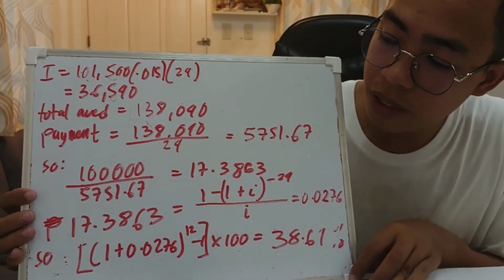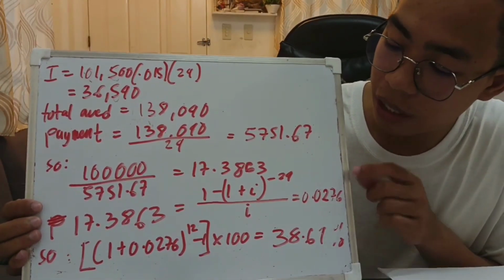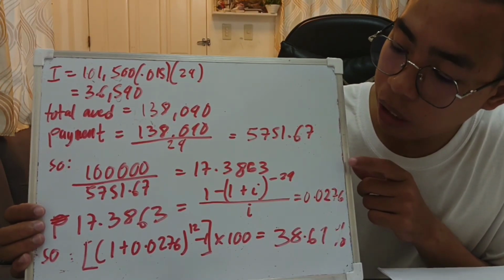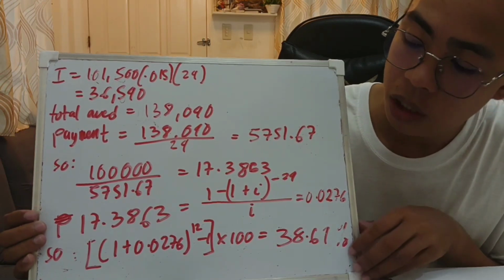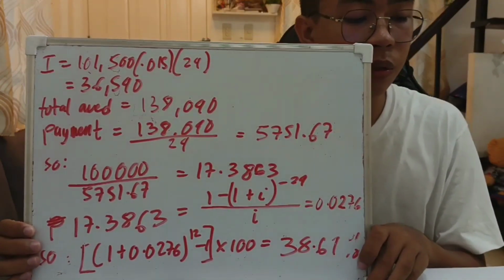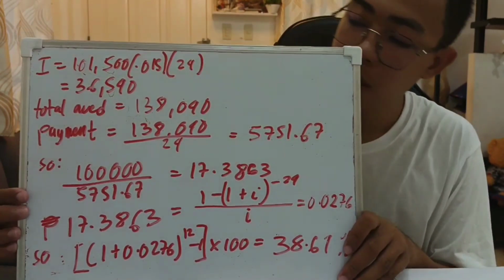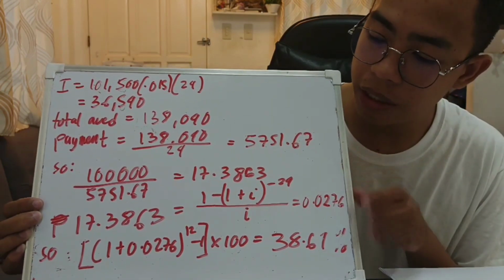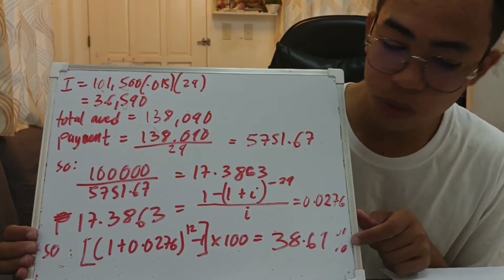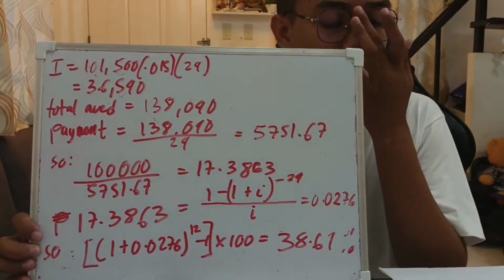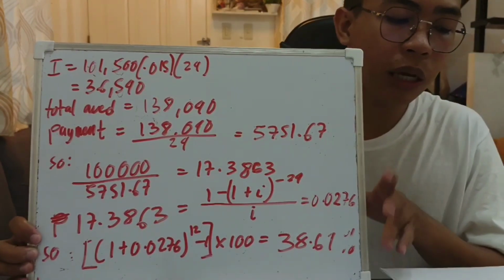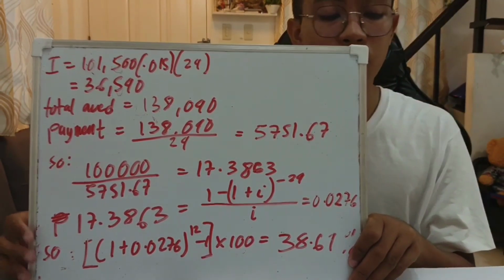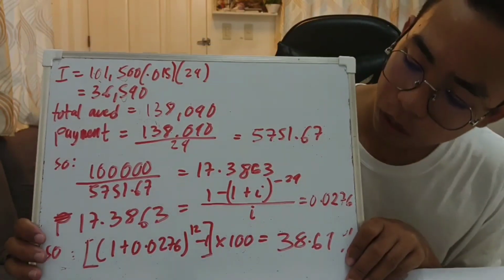So 100,000 divided by 5,751.67 is 17.3863. So we will be using this value to calculate for the I here. The I here is the interest rate that we will be using to solve for the effective rate. So 17.3860 is equal to 1 minus the quantity of 1 plus I to the power of negative 24 over I. So I is equal to